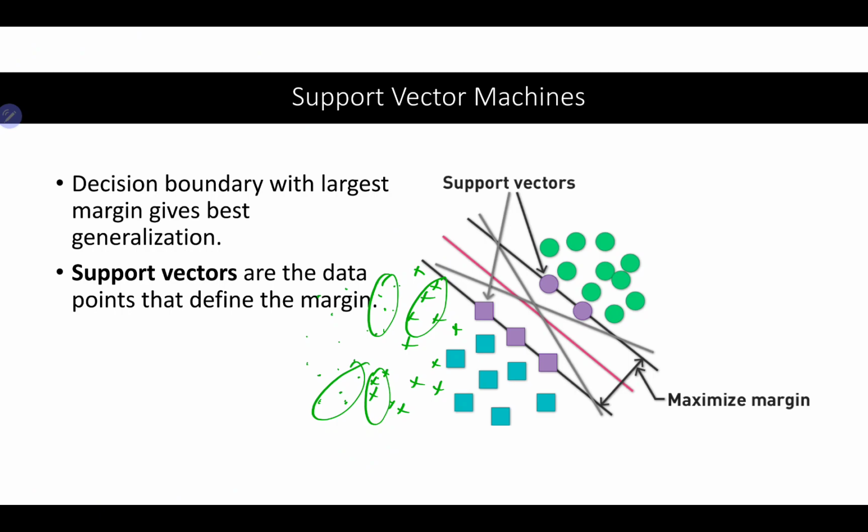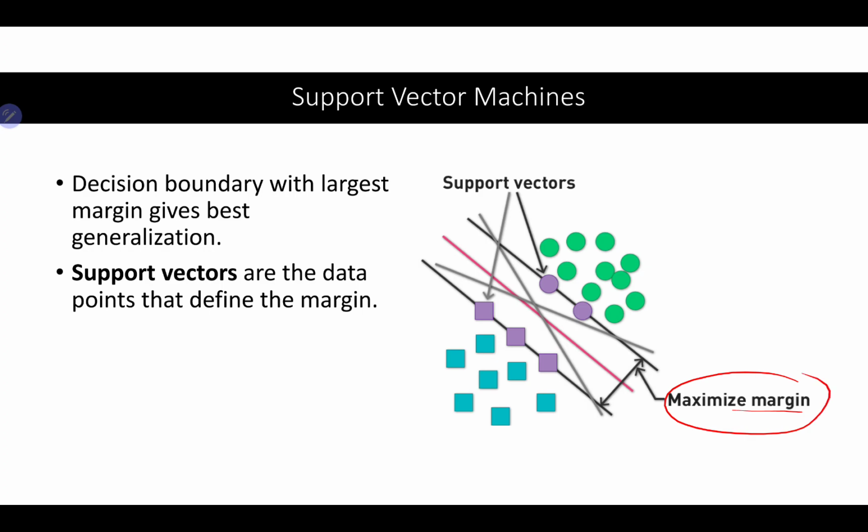So what SVMs do, okay, I need to get rid of these points here. All right, good. So it finds the decision boundary with the largest margin, which gives the best solution. This distance between the two classes is called the margin, and what SVM is trying to do is maximize this margin. The other name for support vector machines is the large margin classifier, right? The large margin